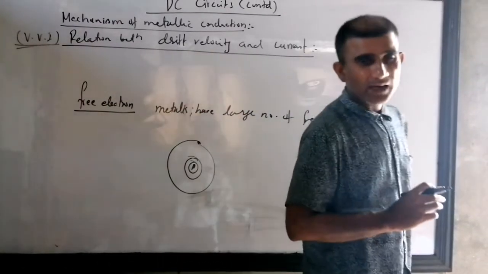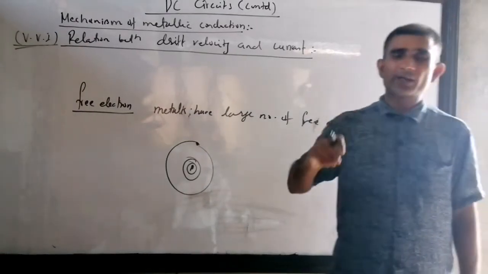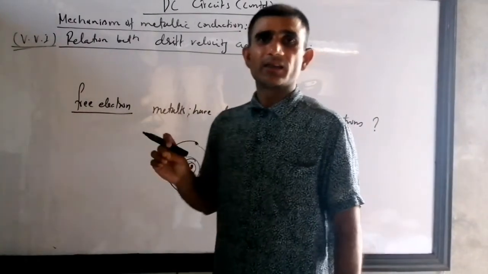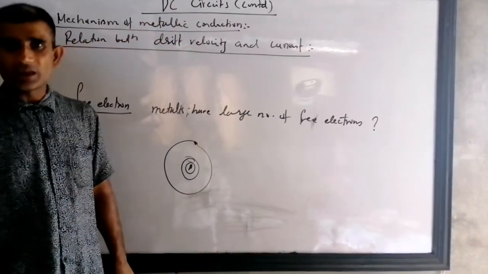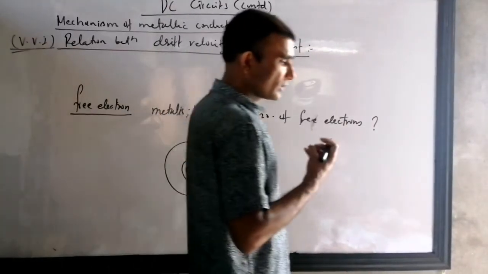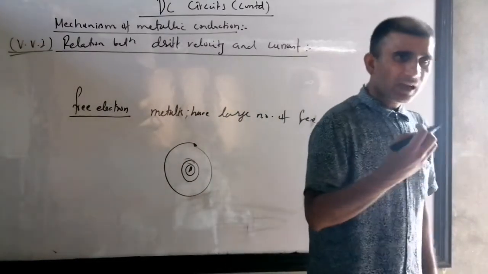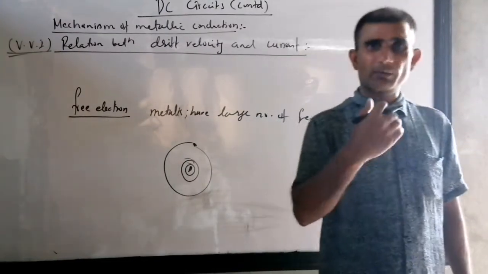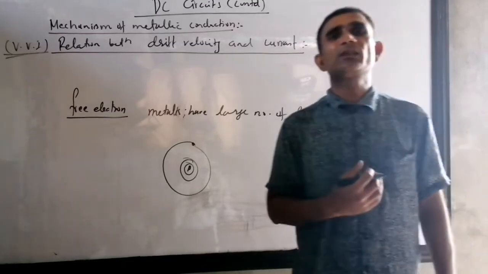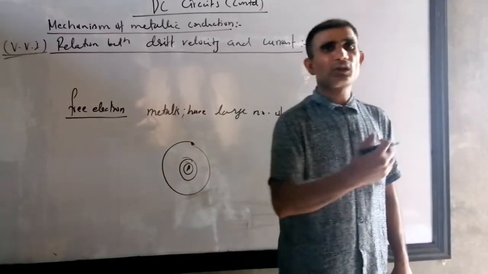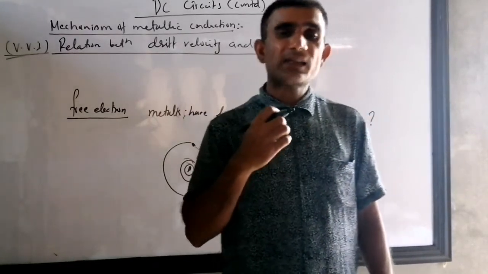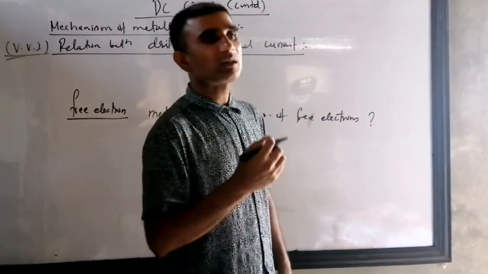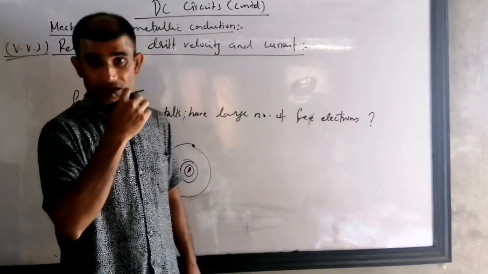in their lattice site. It means they can go from one atom to another atom easily by getting thermal agitation. Thermal agitation means atmospheric heat in the environment. So these electrons, getting even a little energy, can move from one atom to another atom. So they are called free electrons. And there are a large number of free electrons, because even a small piece of metal has a large number of atoms.